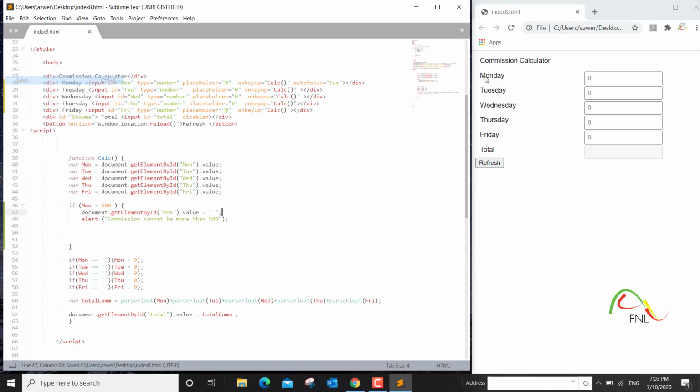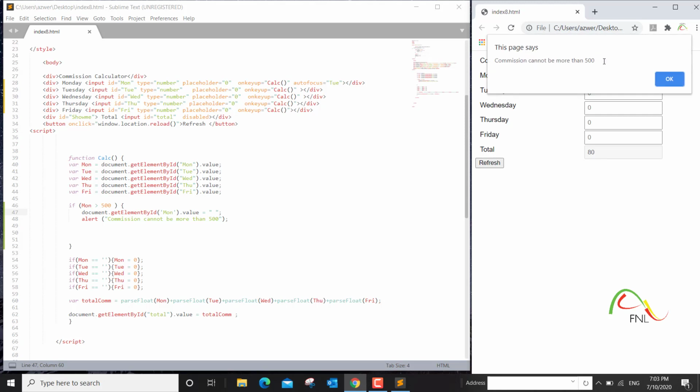So if I save it now, refresh it, and type in a value of 80, nothing happens. Type in a value of 800, you have this alert. If I say OK, the value goes back to 0 as we wanted, but the total is still showing as 800. We don't want that either.